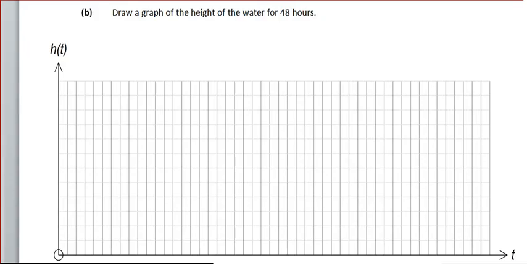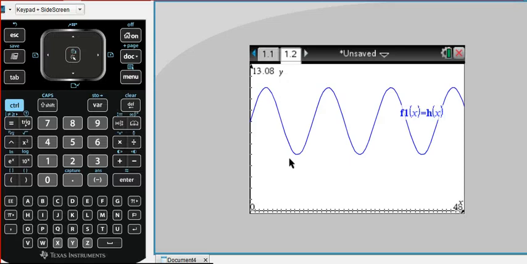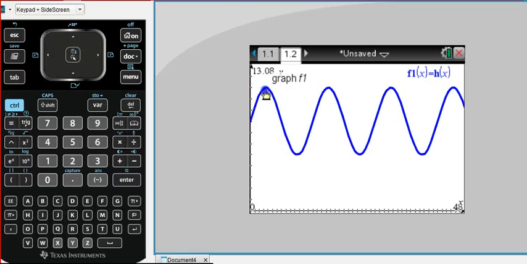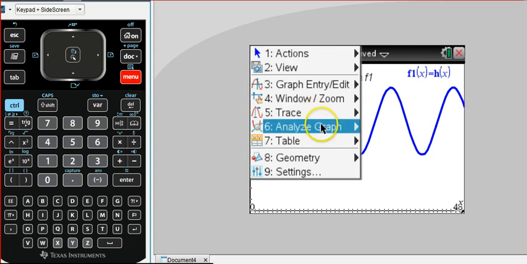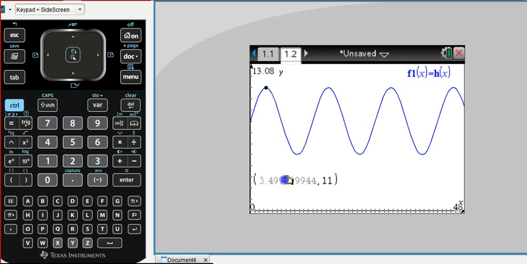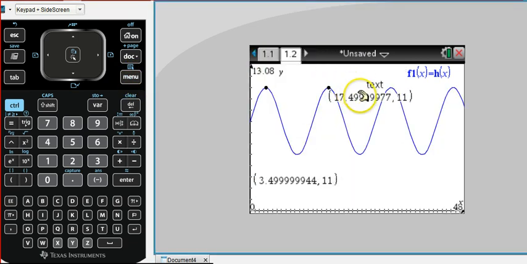Part C in the question is actually asking you at what times will there be high tide on Sunday. Now remember, the T units you were given were hours after midnight on a Saturday. So these first two high tides are your high tides for Sunday. So that's what you need to be finding. So the first one happens at 3.4999, so in other words 3.5 hours, and the second one